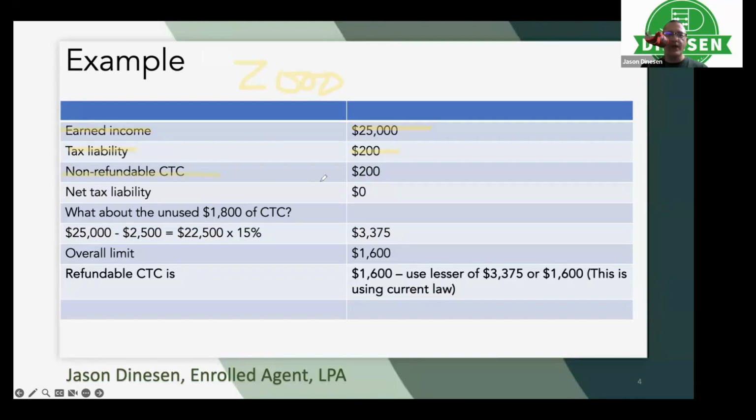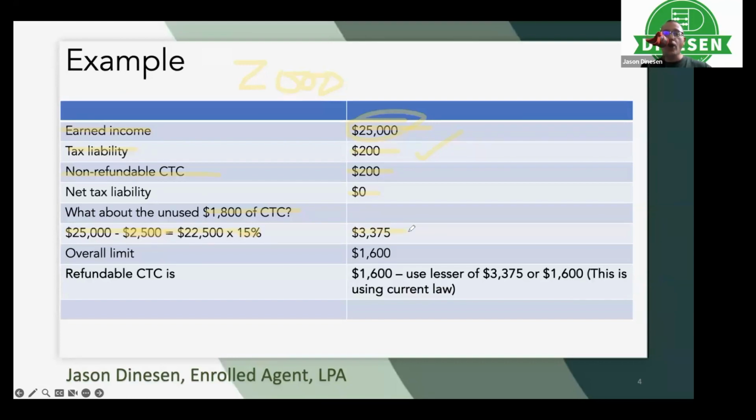The non-refundable child tax credit then would be $200 to offset the $200 tax liability and bring it down to zero. Now there's still $1,800 of unused child tax credit. So then you're running that calculation: 15% of earned income above $2,500, and they have $25,000 of earned income. So when you run that math, it's